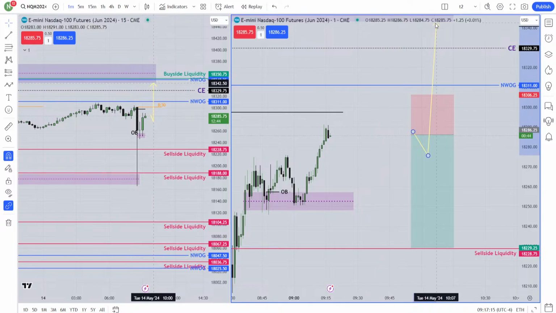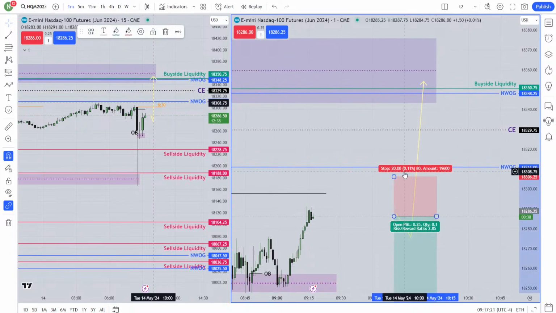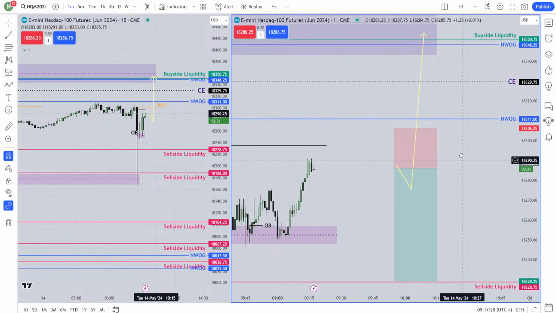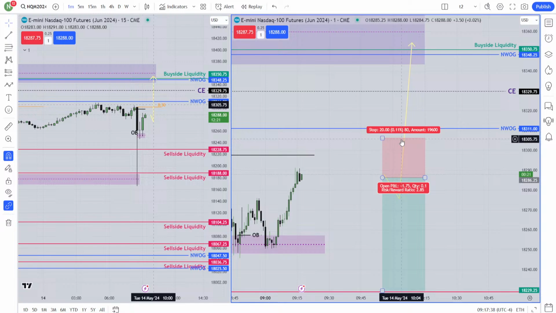Okay, so if the run comes higher, maybe it comes here. Okay, so you will see that your stop loss was for 20 handle, but you take a loss of 100 handle. Okay, because in this type of news, there is kind of a gap. If you go to the 1 second chart, 5 second chart, you will see a very big gap. So the gap doesn't hit the stop loss.